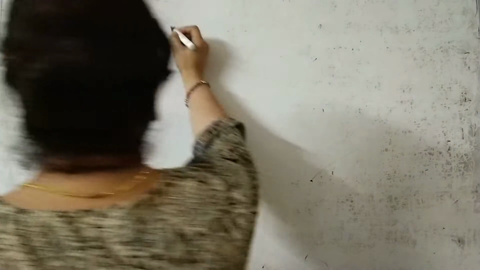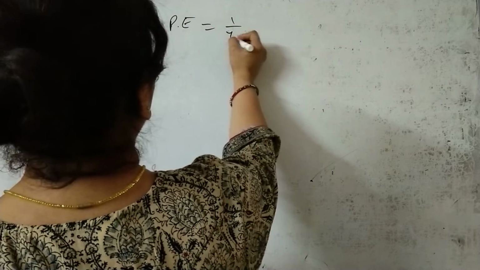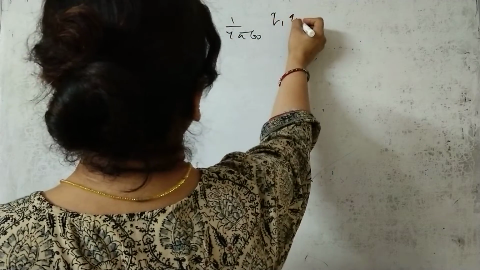So first let us have a formula for the potential energy. When we talk about potential energy, definitely we have the same situation here. Potential is work done by charge. So whatever work we do in an electric field, when any sort of charge is brought from somewhere to another place, that work is stored in the system in the form of potential energy. So the general formula, which you don't have to derive actually, for the potential energy will be PE equals 1 by 4 pi epsilon 0 Q1 Q2 divided by r.